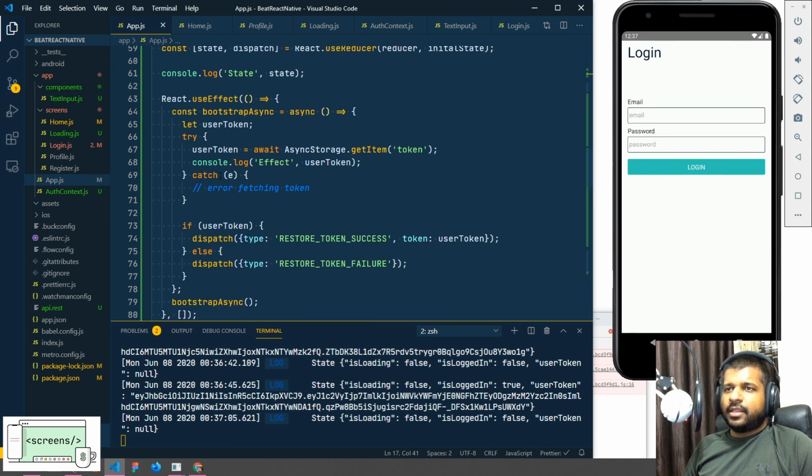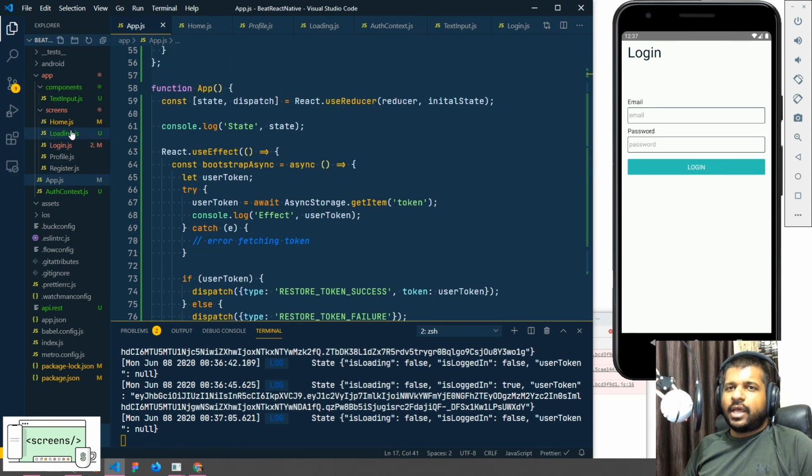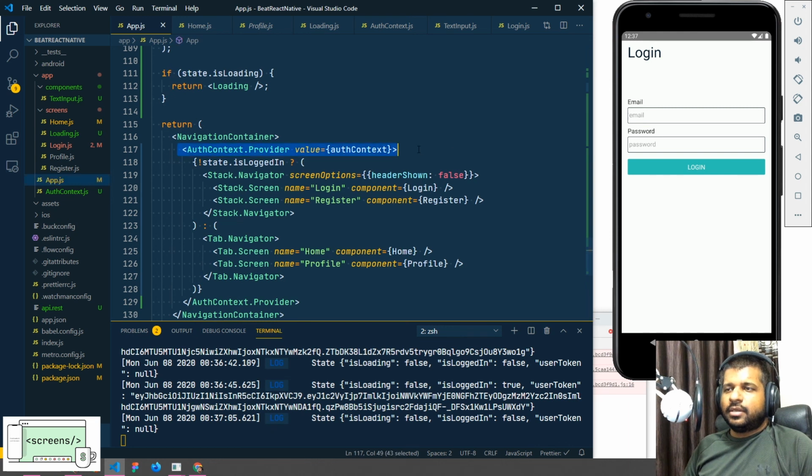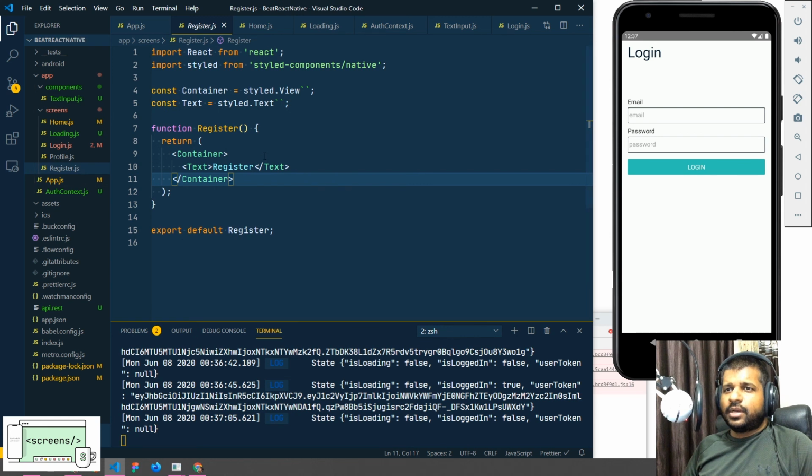Okay, and then we used a context and we passed the context, auth context, from the app.js, and we used different functionalities of auth inside login, home, and I think I'll show you quickly how to get the token in the